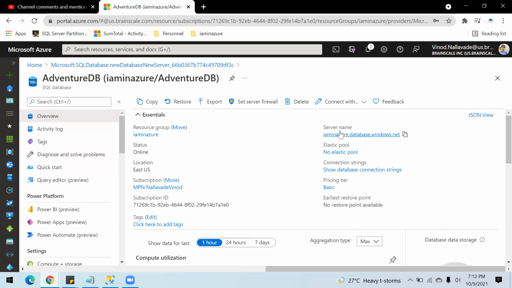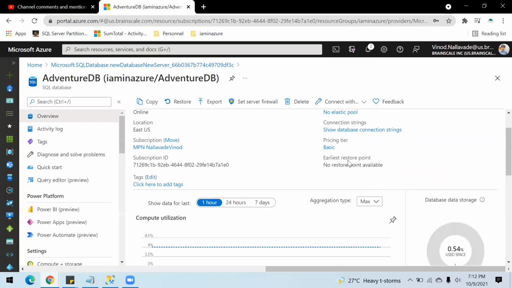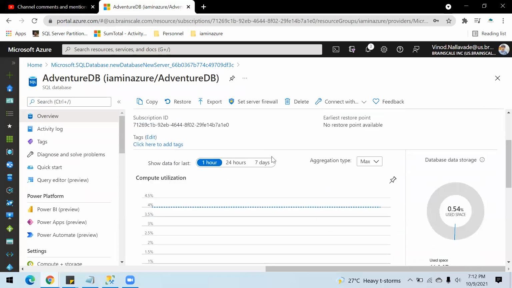Then the SQL server name. If you want to connect to this database using some programming languages, you can use these connection strings. Then we don't have a restore point right now, but if you want, you can restore it, or if you want to export your database, you can export from here. These are a few features that you can get with your Azure PaaS SQL.